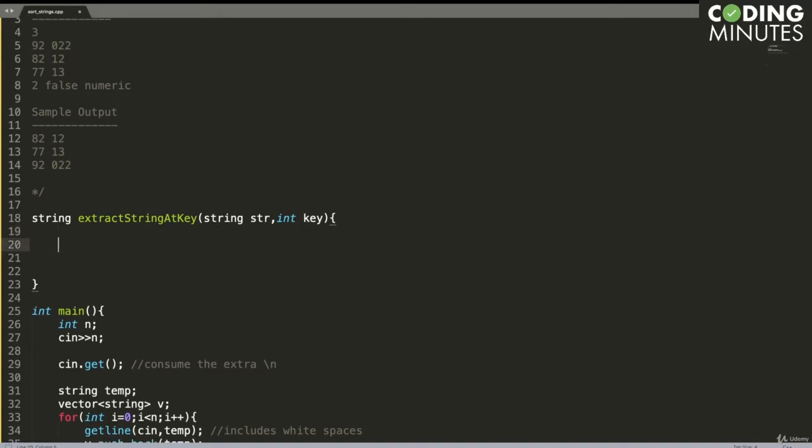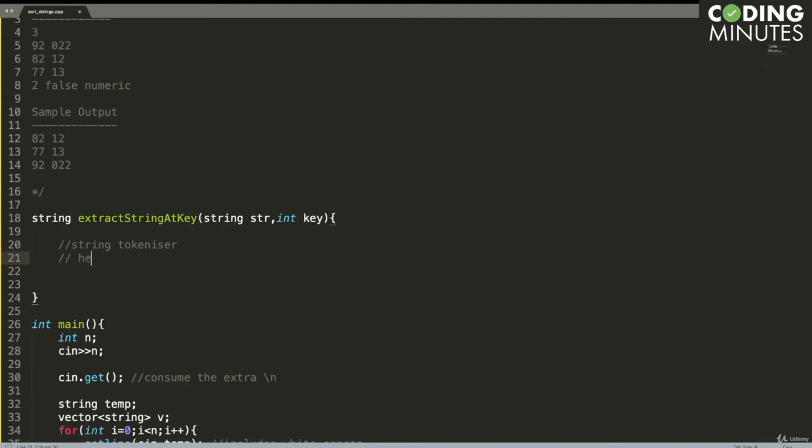So what we will do, we will use the inbuilt string tokenizer method to extract all the tokens. The way this method works is, in the first call, if you have hello, how are you, right? In the first call it will give you hello, in the next call it will give you how, in the next call it will give you r, and in the next call it will give you u.